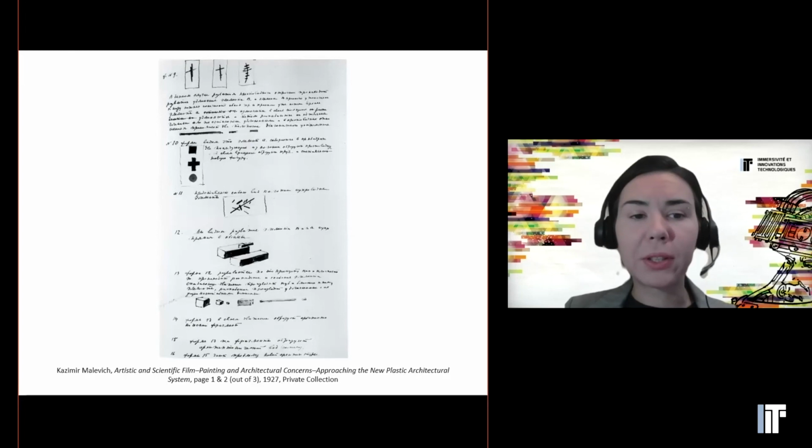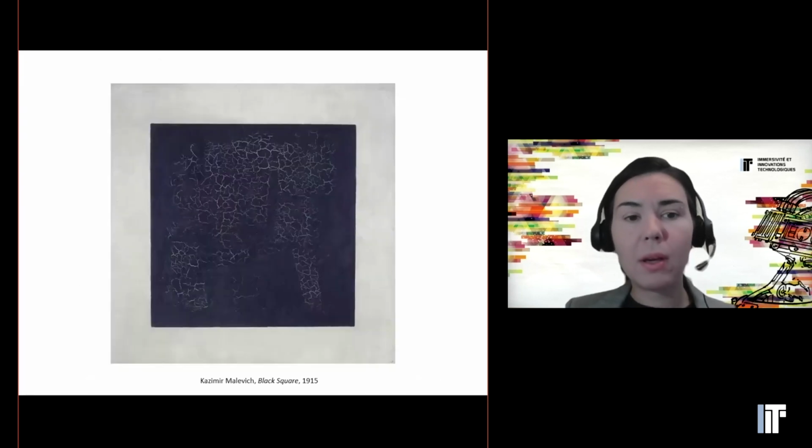The script consists of a short introductory text and a series of instructions for how to depict the transformation of the black square. The latter is Malevich's most iconic painting that represents the building block of visual reality, the royal infant, as the artist called it, from which the rest of suprematist shapes evolve.